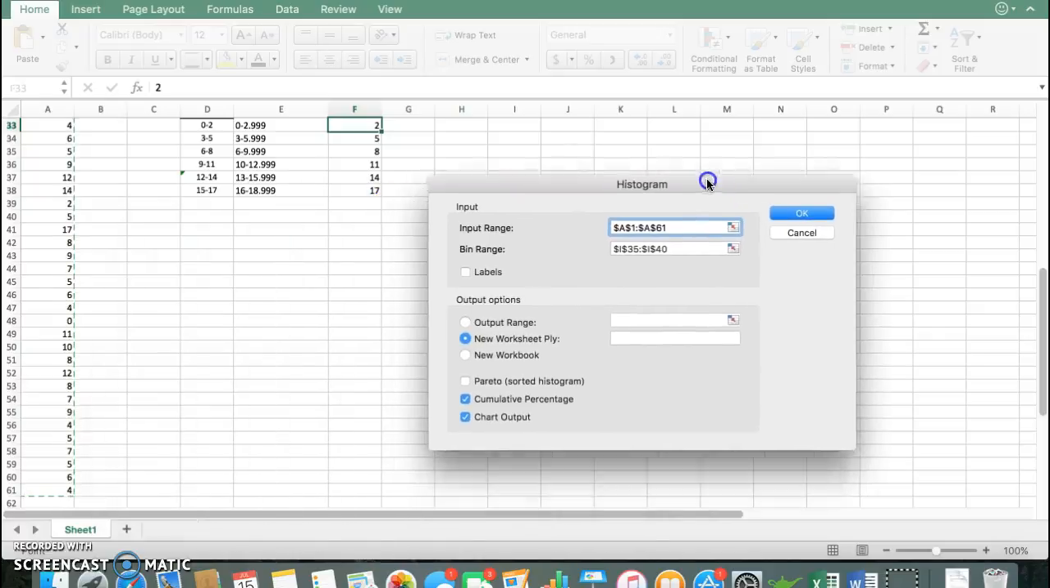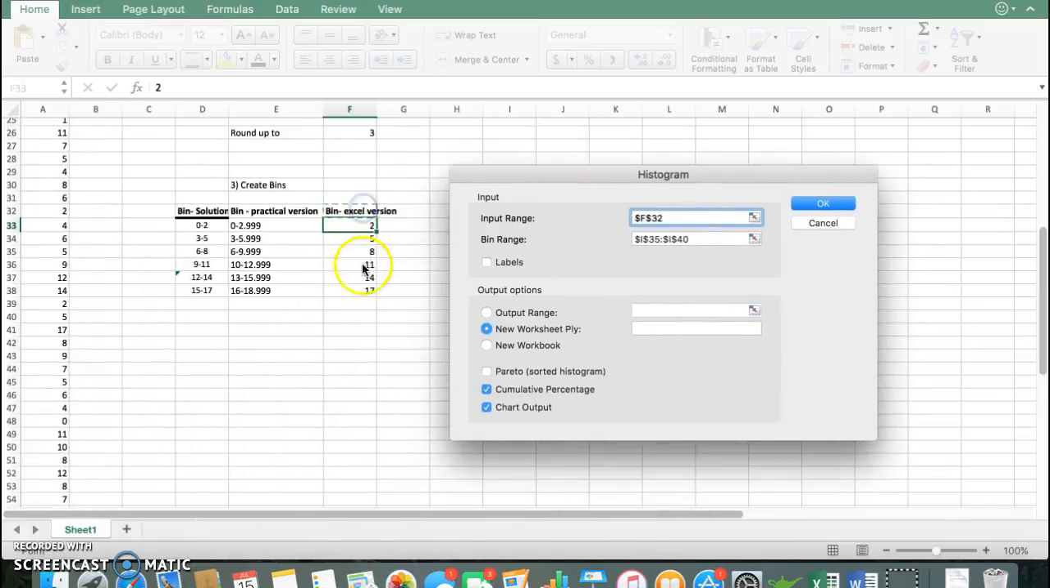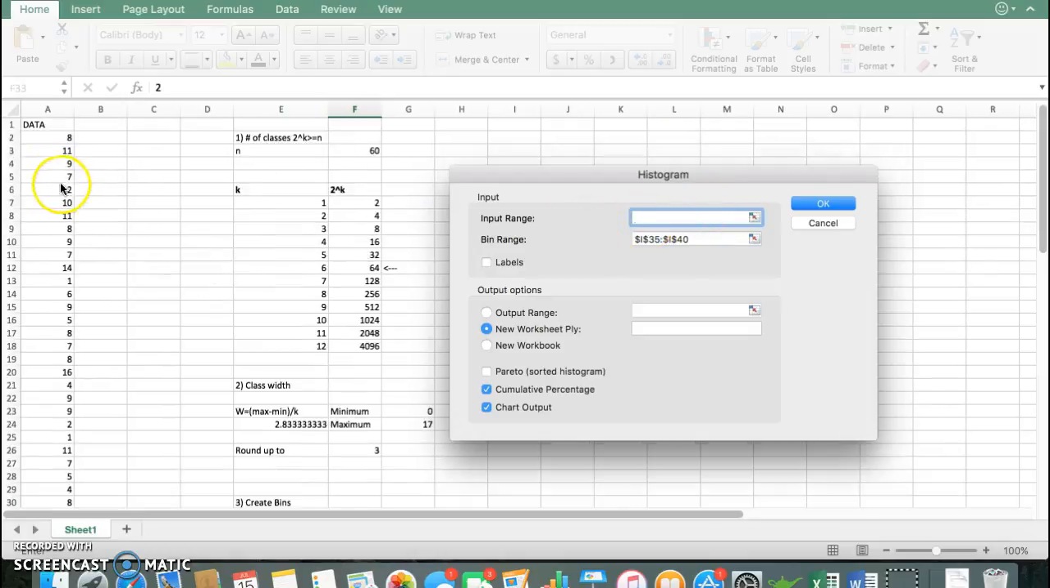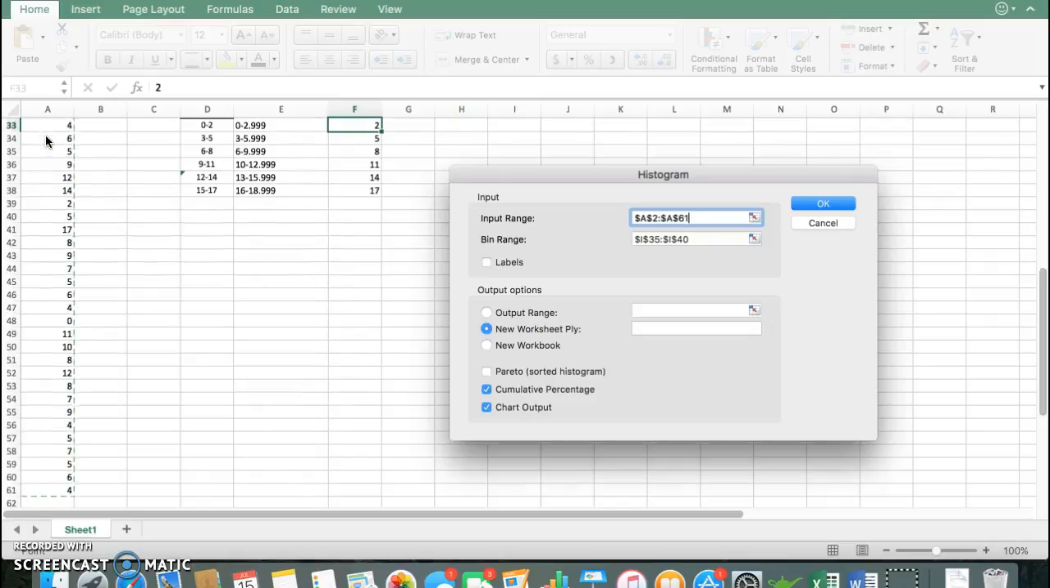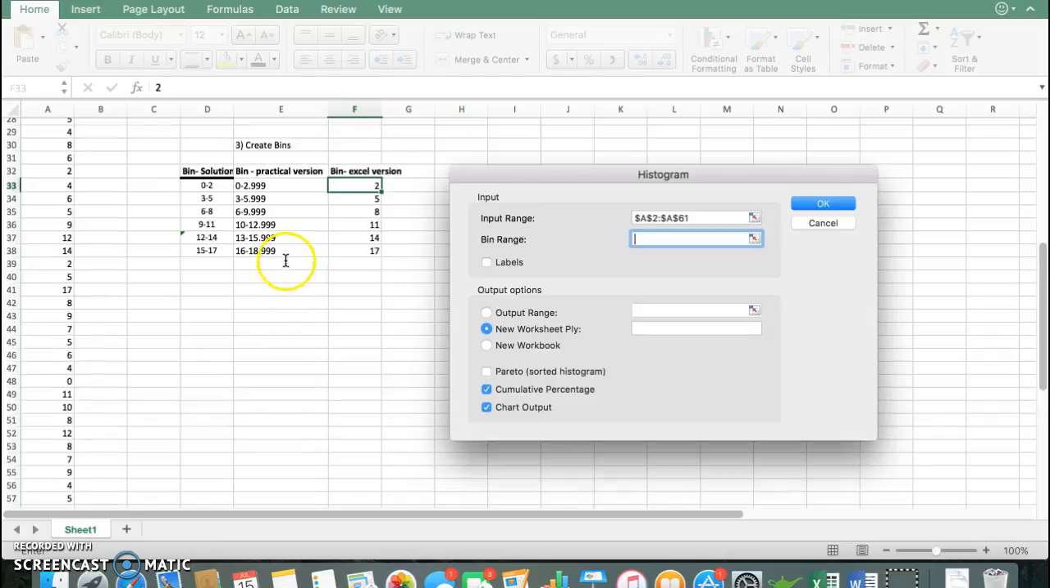Okay, A1 to A61 and bins. There we go. Oops, that's not it. Okay, I've messed up good. Sorry about that. Okay, I'm not going to include labels here. So A2 to A61 and